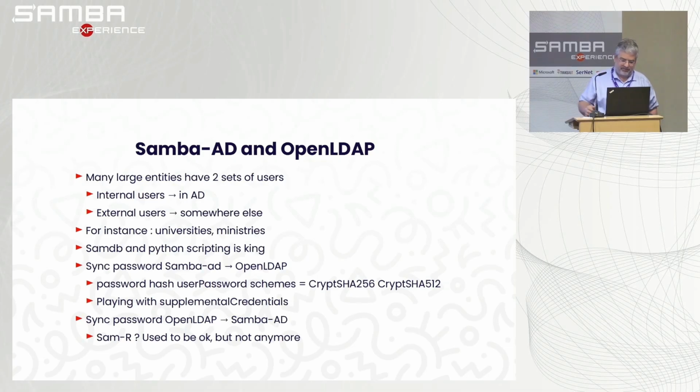Most often it's OpenLDAP. And what's cool is SamDB, and Python scripting is king. It's very easy to just prototype and make a working solution for Samba-AD to OpenLDAP or OpenLDAP to Samba-AD synchronization. You can either use a password scheme that we talked about before, SHA-2 or SHA-5, or you can also try to play with supplemental credentials. And sometimes you'll find some strange stuff, like in Microsoft 2025, they have new ciphers that